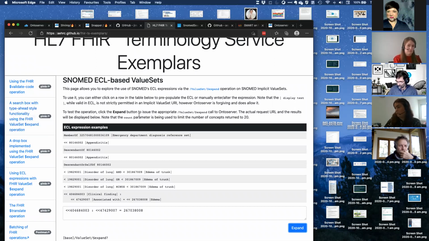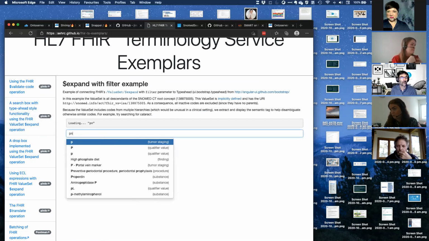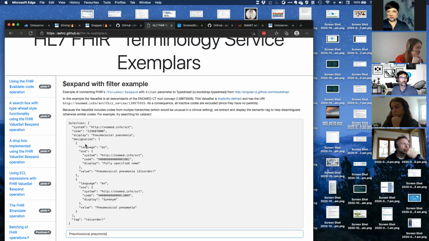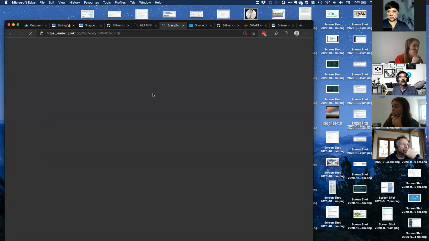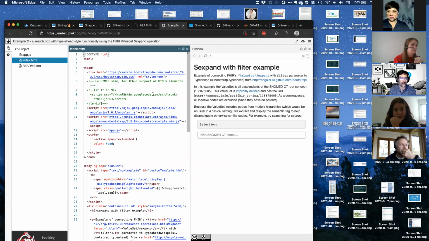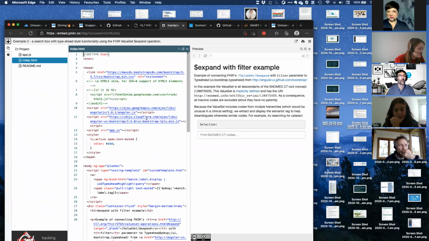So what I will do though is just drill in on this first one, and we'll have a look at the code that's just doing this type ahead. So this type ahead search. So I'll have a look at the plunker. Bring it up, and this was actually written a little while ago, so it's using some older libraries, and you